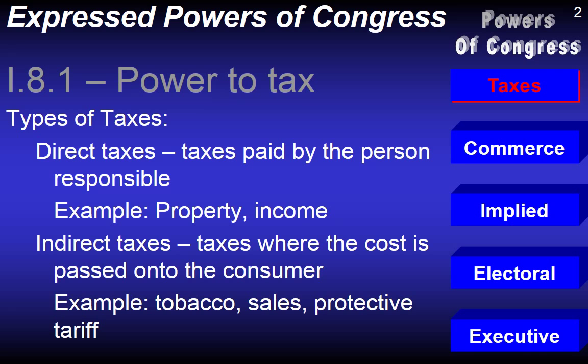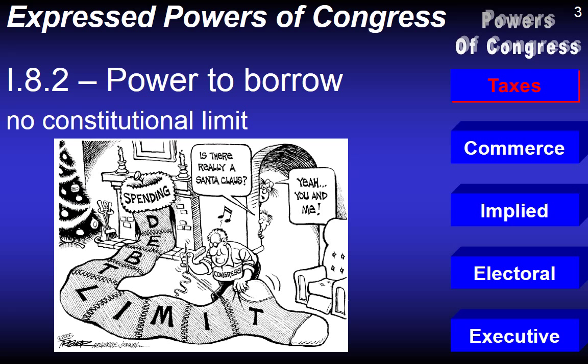Also, in Article 1, Section 8, Clause 2, the government has the potential to borrow money. They had gone into debt before. They might need to go into debt again, said the Constitutional Convention delegates. They needed the power to actually borrow money. Now, of course, if you pay any attention to any news going on in the last 50 years, you are going to see that the United States government has a debt, which means that we owe money. We've borrowed it and we still owe it. We haven't paid it back.